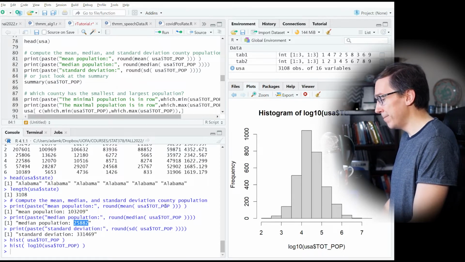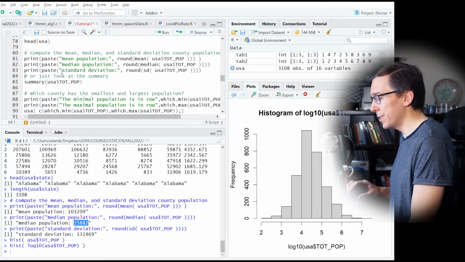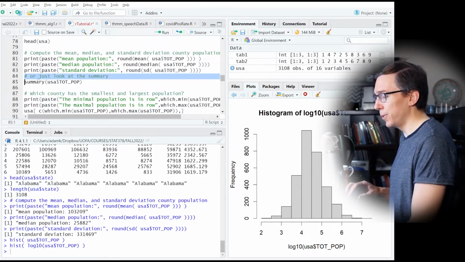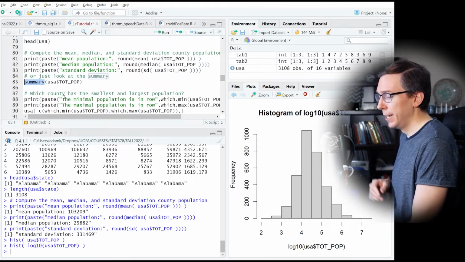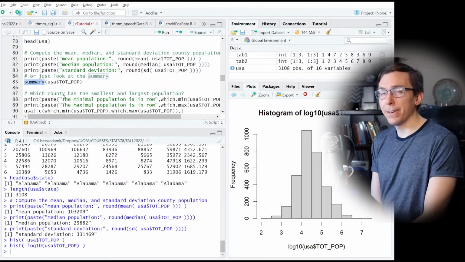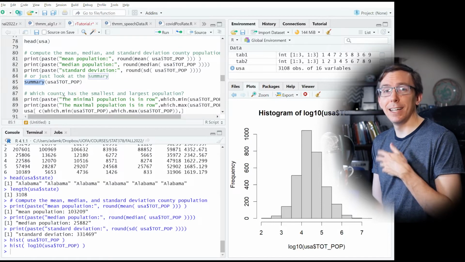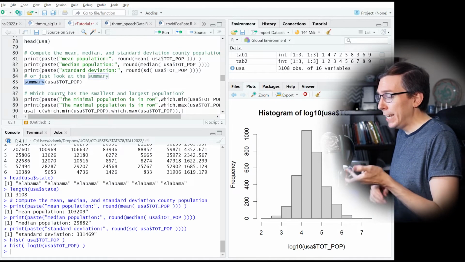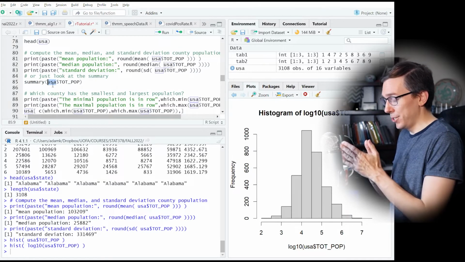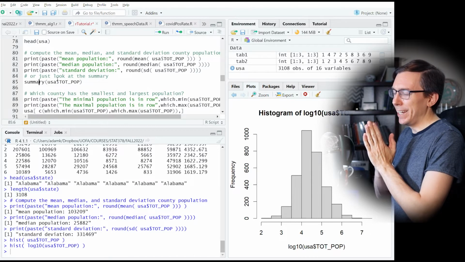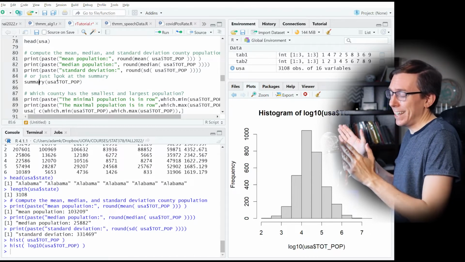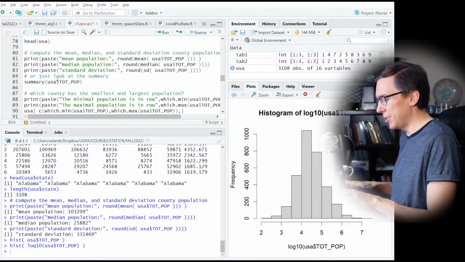Anyway, this is just, again, ways to visualize your data. Another useful command that can be used all over the place is the summary command. Summary is one of these generic functions in R that can be applied to lots of different R objects. If you apply it to just a vector of numbers, a list, I shouldn't say list. Lists are super annoying in R. That's a different thing. If I apply it to just a sequence of numbers like total populations and hit summary,